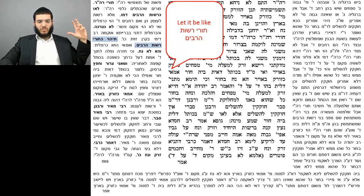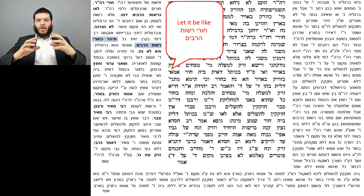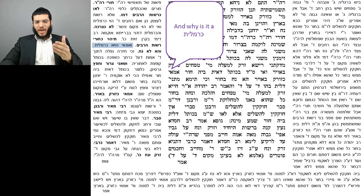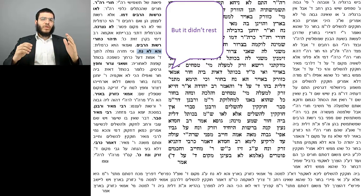Just like the holes in Rishus HaRabim are an area that's removed from the Rishus HaRabim, they have the status of a Rishus HaRabim. The Karen Zavis that's removed from the Rishus HaRabim should also have the status of the Rishus HaRabim. V'amai have a karmelis. And why is it a karmelis? And Abaye answered, and then Rava presented another question on Abaye from a Mishnah where it says that if somebody